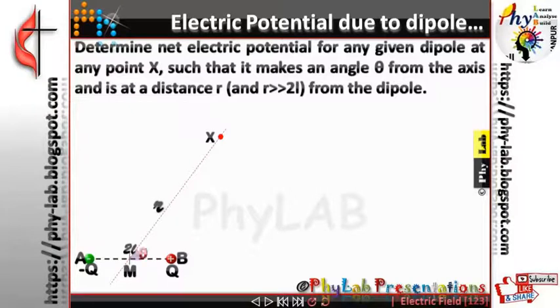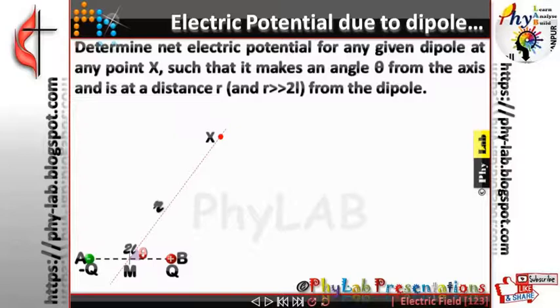One, electric potential due to a dipole at its axial position or end-on position. Another, the expression for the electric potential at its equatorial position or broadside-on position. Friends, if you haven't learned or gone through that derivation, I would recommend you to click on the top right hand corner. You will find the link of that derivation. First go and watch that video and then come back and go through this part of the derivation.